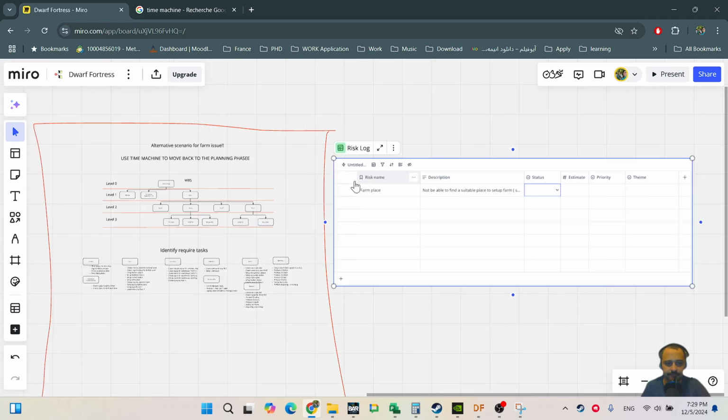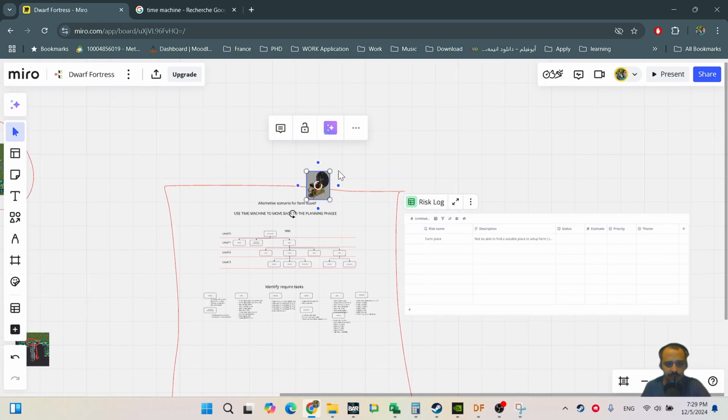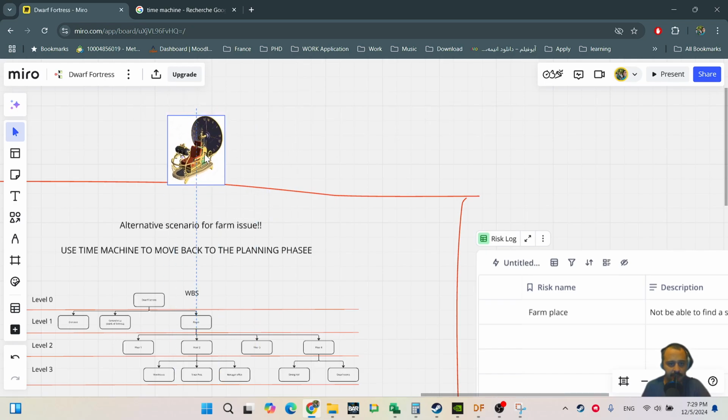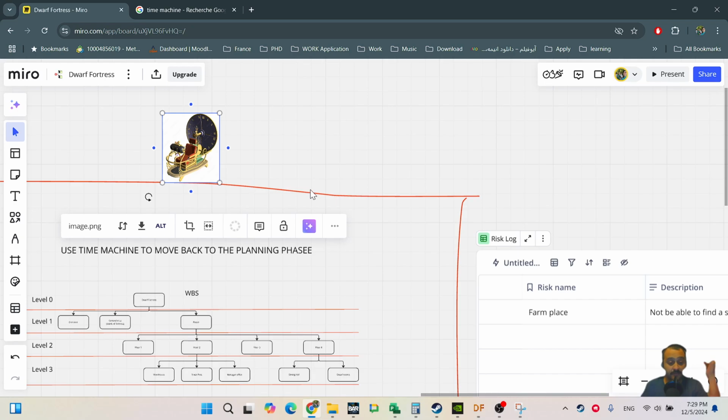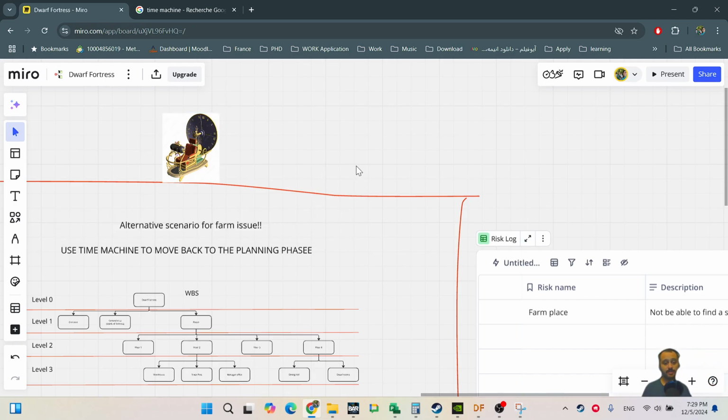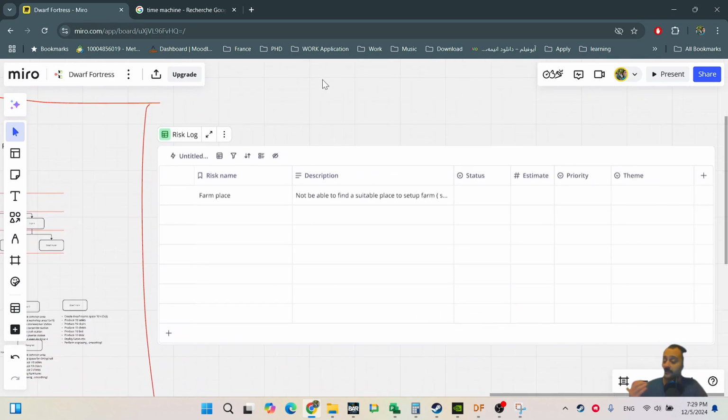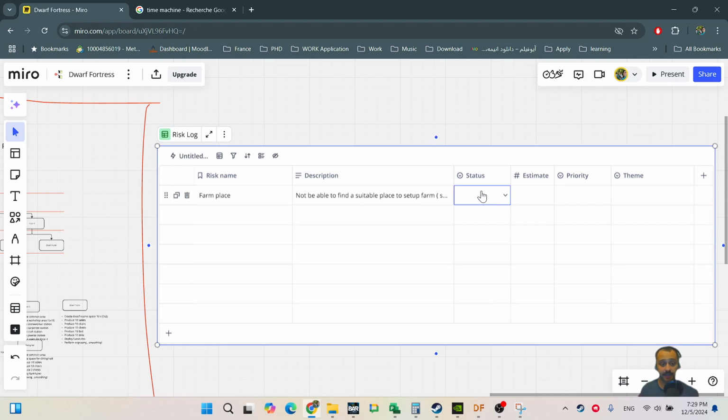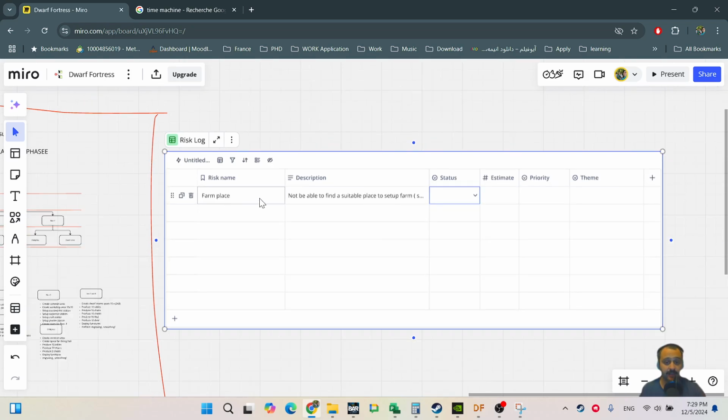It's nice. As I said, we use the time machine, return back to see how we could use risk management to prevent the issue of fire, right? Or prevent or mitigate. Now, remember, at that time we are still in the planning. We didn't even start the actual phase of the project. We didn't dig anything, right? We are at the planning phase. So the status of this risk is